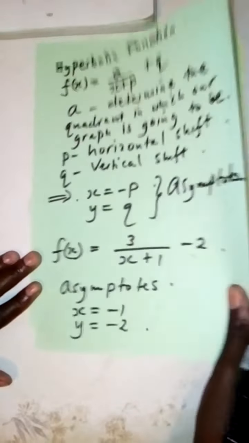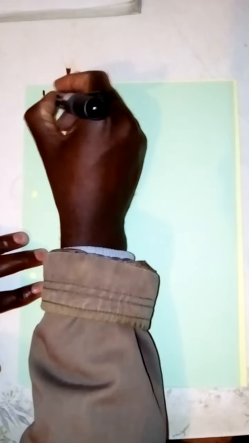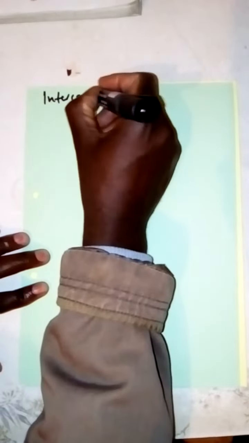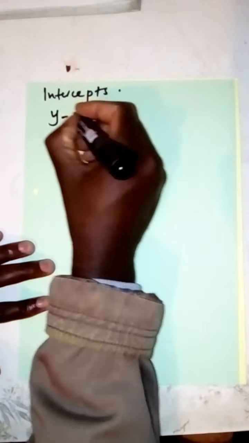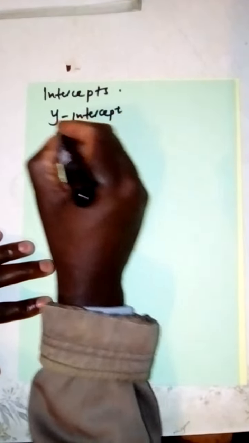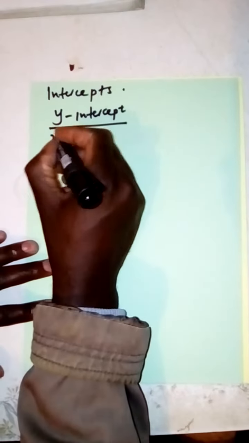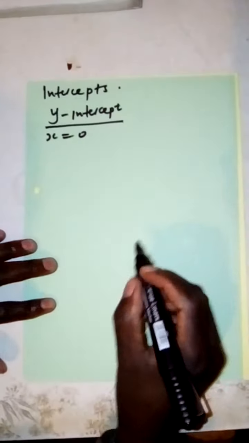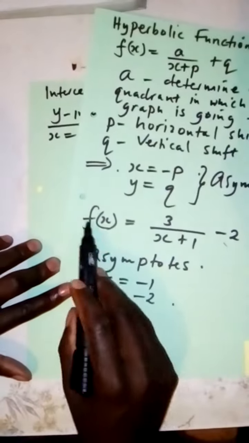Once you have the asymptotes, the next thing that we need are the intercepts. On the intercepts, we talk of the y-intercept. This one is the easier one of the two. Remember, we get the y-intercept when x equal to 0. So you need to go back to your function. We go back to our function, f of x equal